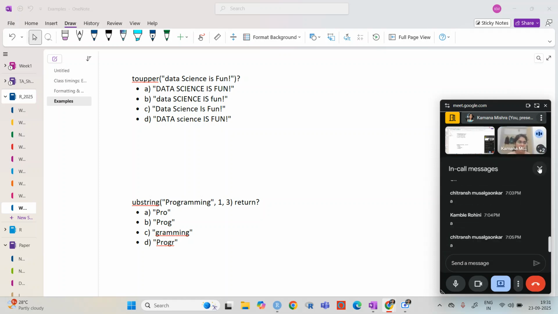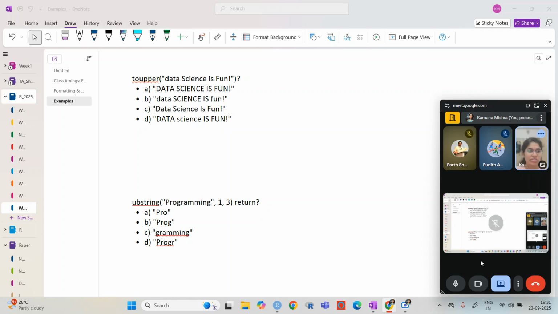All you need to do is convert it into the upper case. So what do you think will be the answer? Okay, toupper basically means you need to write everything in uppercase. So "data science is fun" will be "DATA SCIENCE IS FUN". There's nothing to think about.